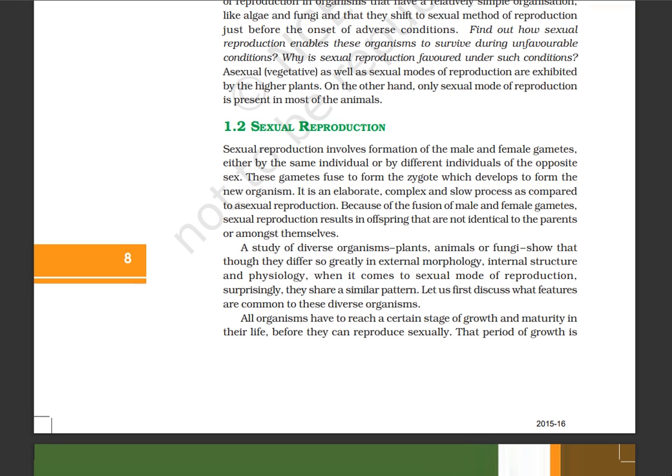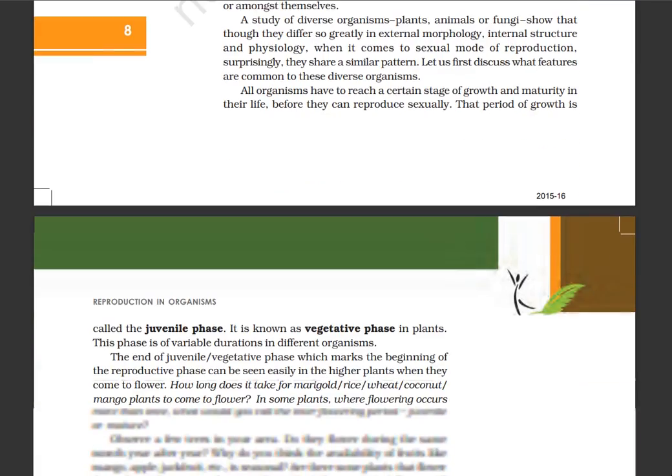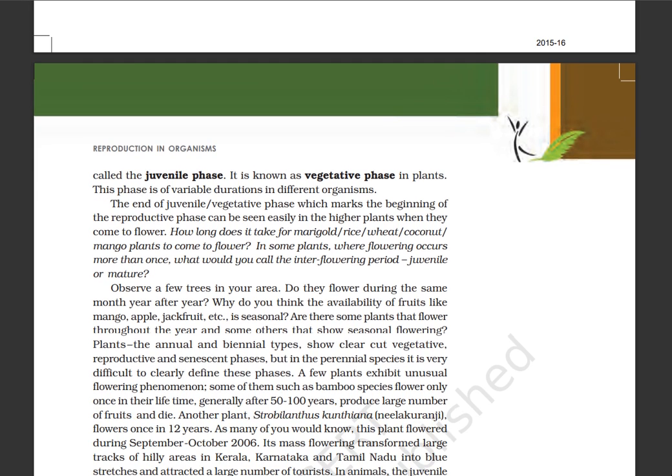All organisms have to reach a certain stage of growth and maturity in their life before they can reproduce sexually. That period of growth is called the juvenile phase. It is known as the vegetative phase in plants. This phase is of variable duration in different organisms. The end of the juvenile vegetative phase, which marks the beginning of the reproductive phase, can be seen easily in the